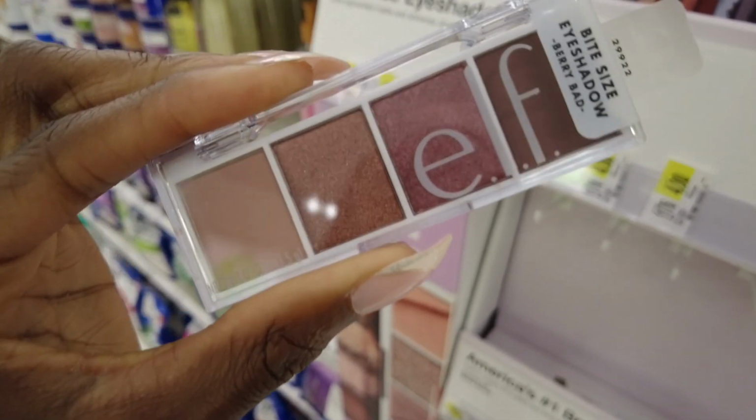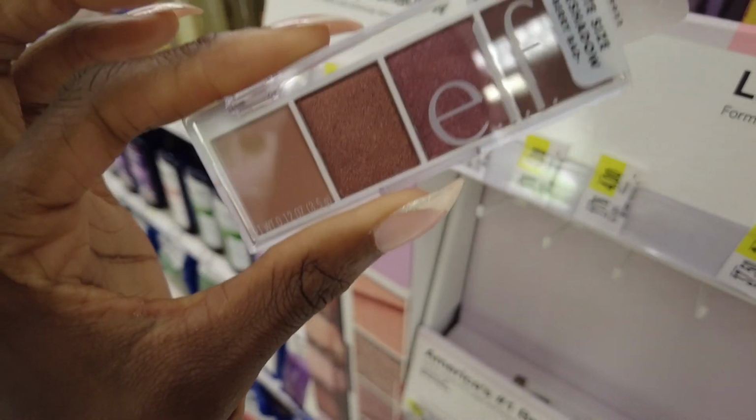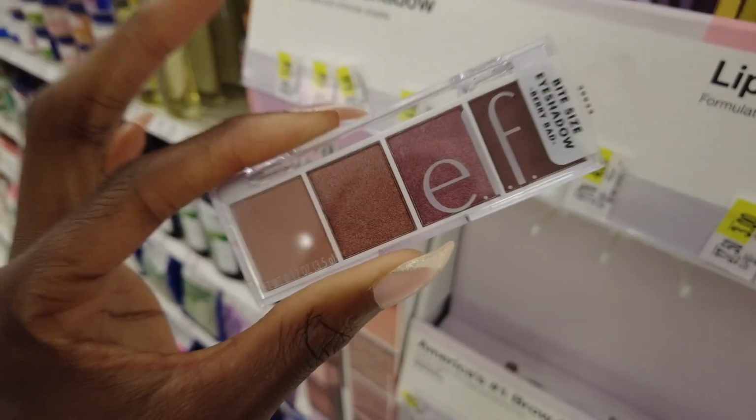eyeshadows. They do a really good job at just blending, so these are good. They're only $3 and they work. They're eyeshadow, right? So I feel like eyeshadow is something that you should invest in high end, as well as setting powder. Those are, to me, two things that you can kind of sort of tell if they're drugstore. Is your setting powder, because you put that almost all over your face. Eyeshadow, just the quality and the materials matter so much most of the time. So invest in a good eyeshadow, but if you must